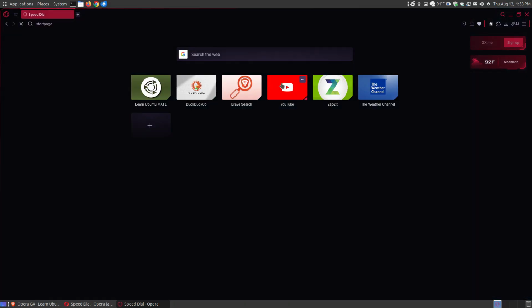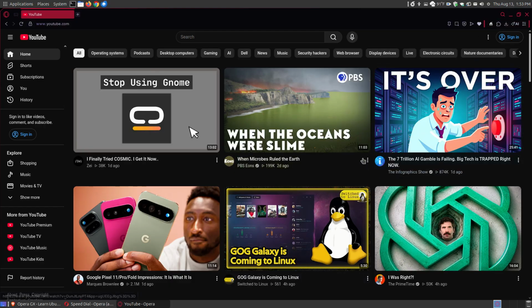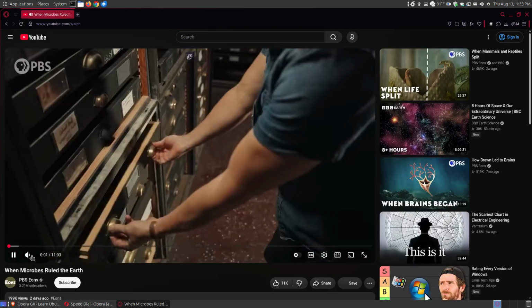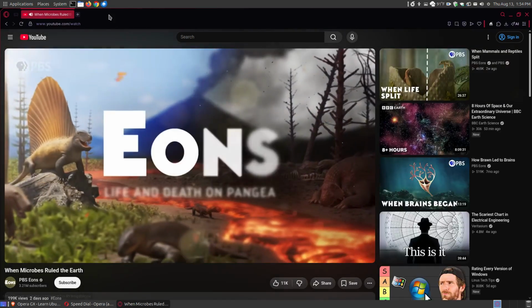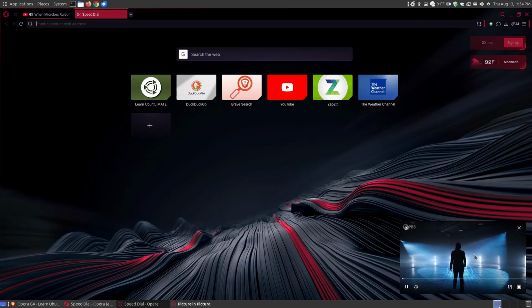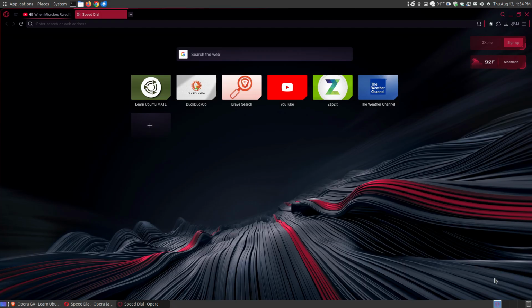So if I go to YouTube, and once YouTube loads, if I decide to go back to my home button or home, I could click this. But let's say, for example, I'm going to click this video here. Let me turn the volume down. Now, let's say I open up another tab. See how there's a floating video. So I can keep opening tabs and working, and I can keep watching the video. That's one of the features of